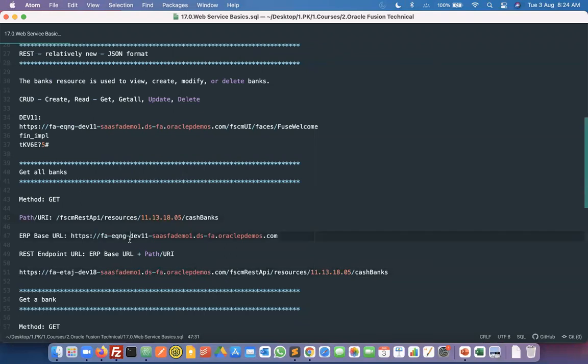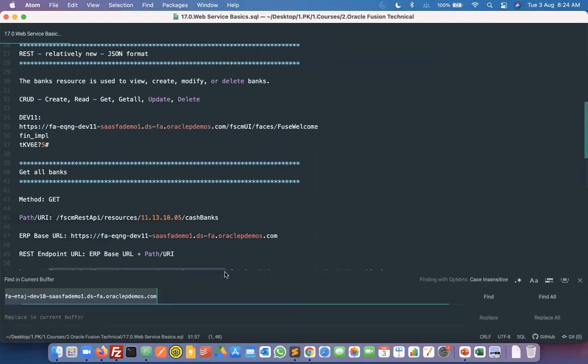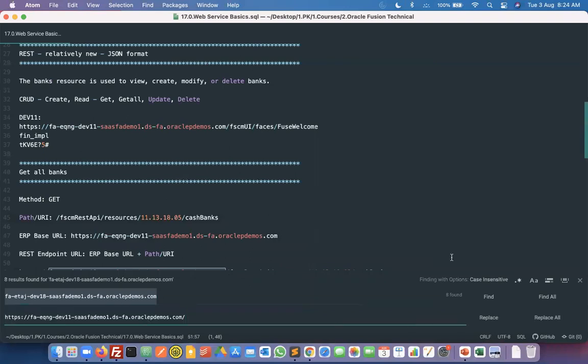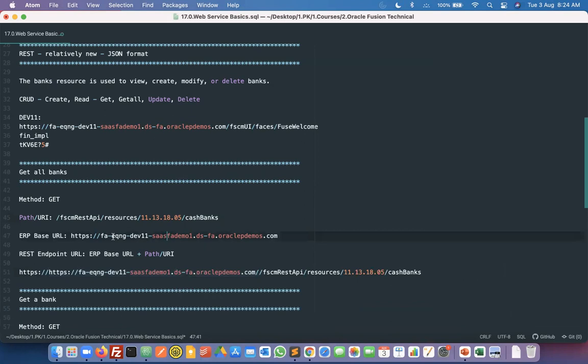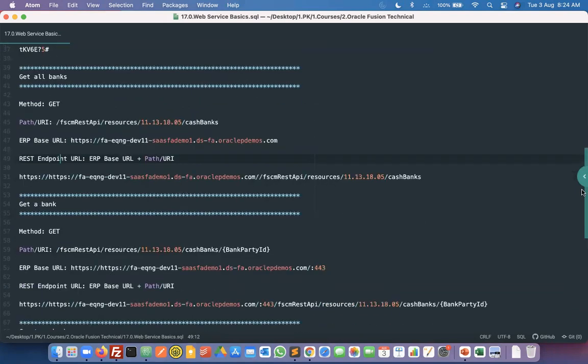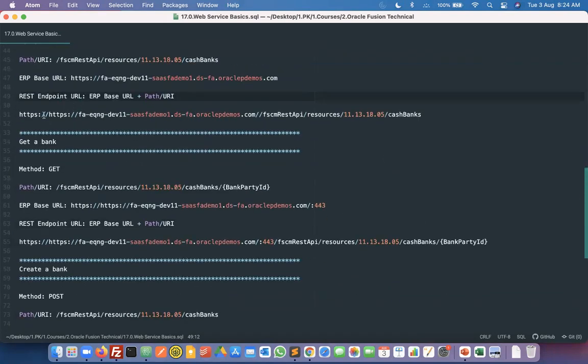So this is the banks URL. Let me replace this. This is an ERP instance URL, right? That is nothing but the ERP base URL. So the complete REST endpoint URL that you will be able to invoke is nothing but a combination of the ERP base URL,